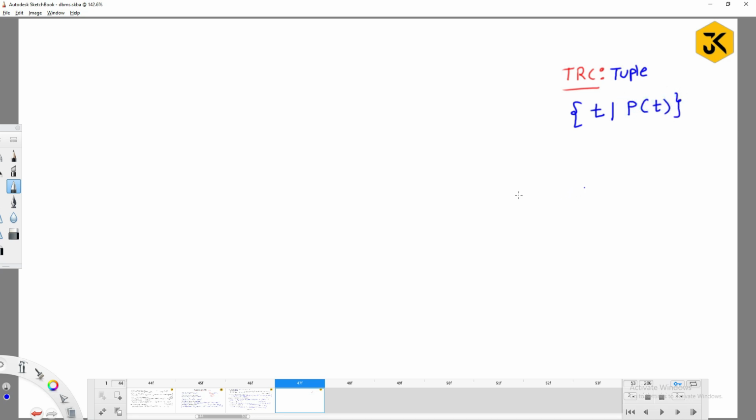Whatever output we expect, it has to compulsorily follow the predicate. Predicates can contain connectives like or, not, implication, etc., and also quantifiers like for all x, there exists x. We have seen all those things in the previous class.